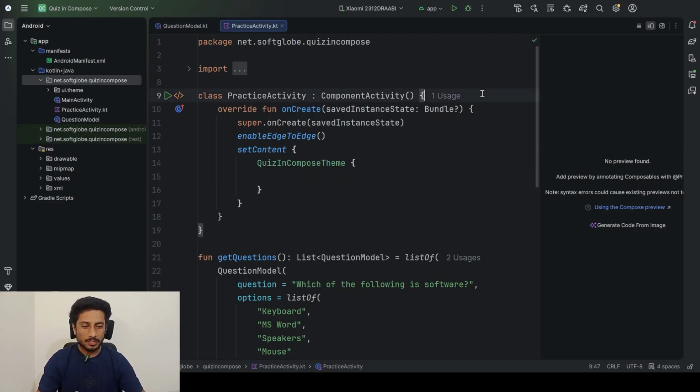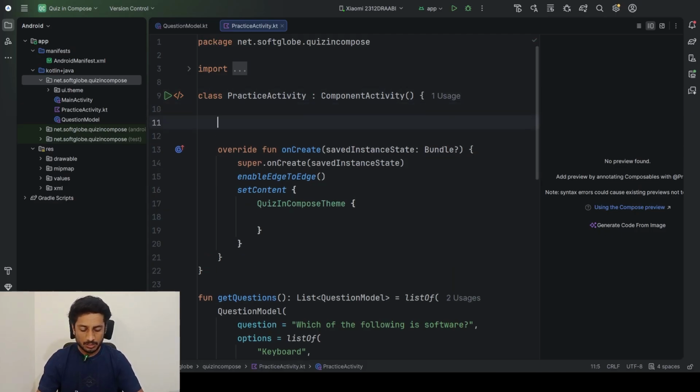First of all, we need a few variables here. We are going to create 2 separate composables to show on the screen. The first one is a quiz screen, the second one is a result screen to display the result. So we need one flag to check whether we want to show the quiz screen or the result screen. For that, I'll create one variable, var isResultDisplayed,